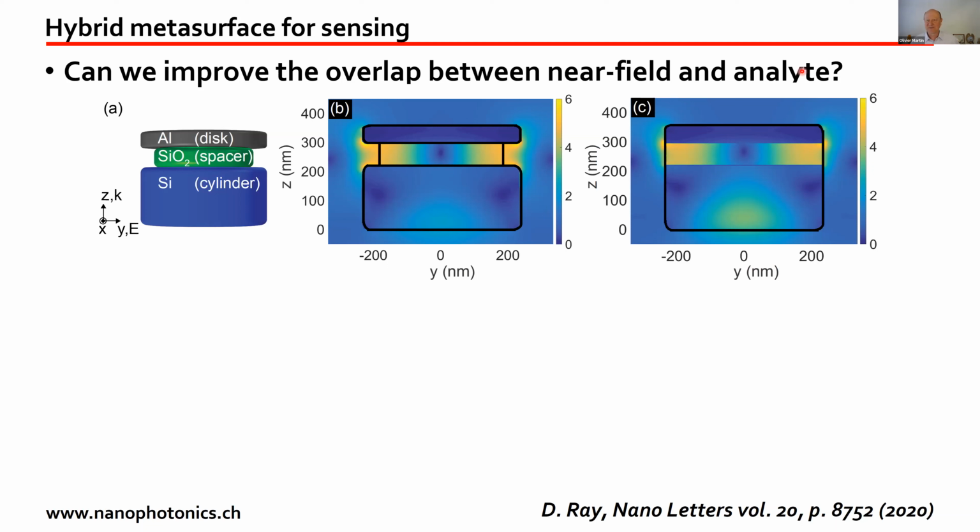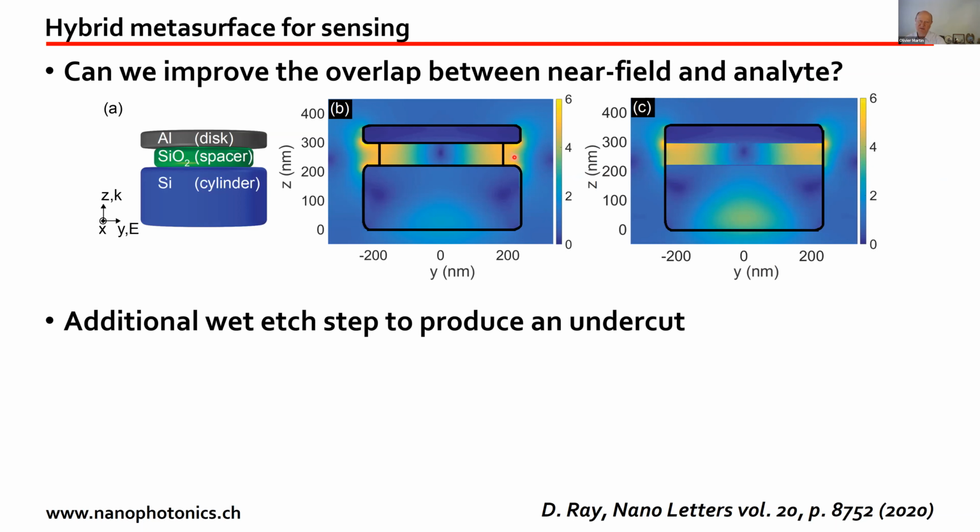So in this case, we computed the field distribution for the structure we had fabricated with the silicon, the glass, and the aluminum. And we realized that all the light was actually trapped inside the structure. So it was not interacting a lot with the outside. So we thought, well, if we make our spacer a bit smaller, then the light will come outside of the structure and it will be able to probe the background better.